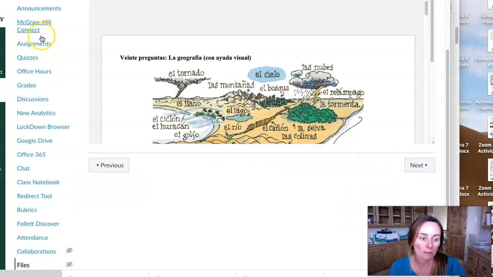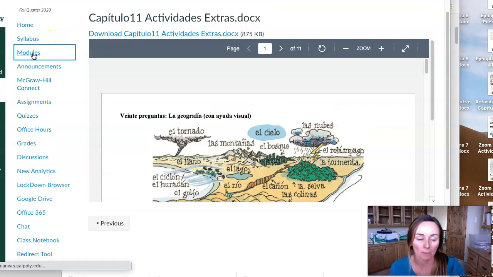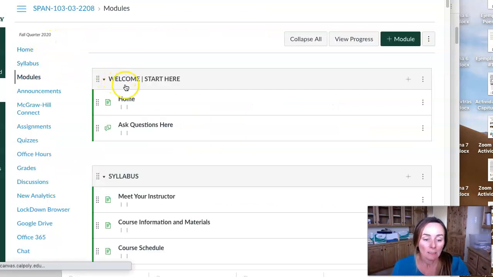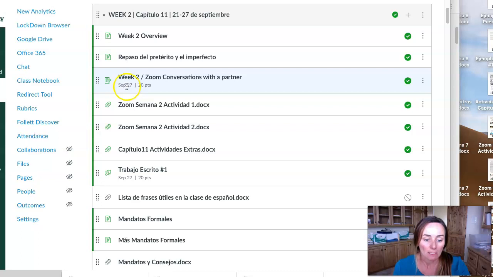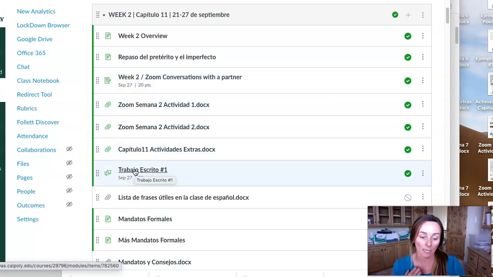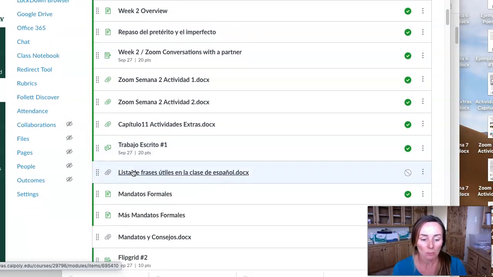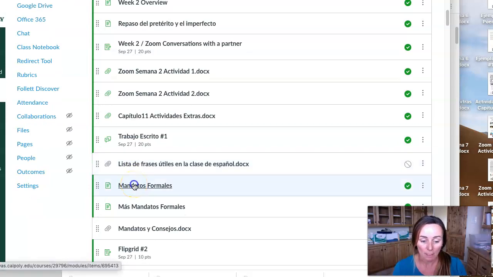Also this week we have, I'll look at from this view actually. ¿Qué más? We have trabajo escrito. So your assignments for this week, you have a writing assignment that's going to be written in the format of a discussion, right? So you're just going to do a brief writing, past tense, and then commands. And then some new material for this week are mandatos formales.